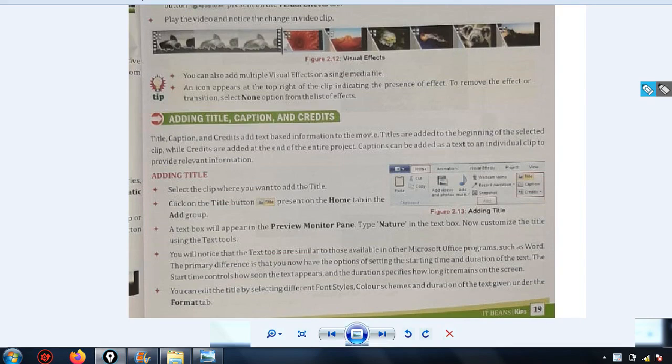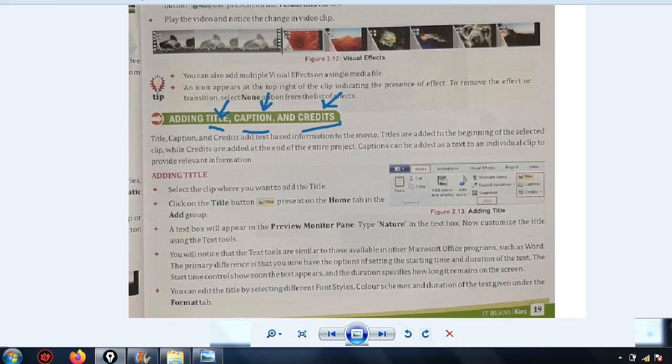So what are these? Title, caption and credit, right? Title is when the movie starts, we have seen the names and all those things come under title. And credits means at the ending of the movie, whatever names and things are displayed at the ending of the movie.